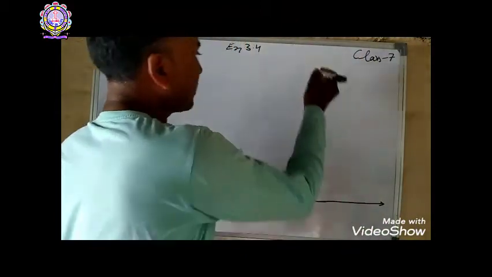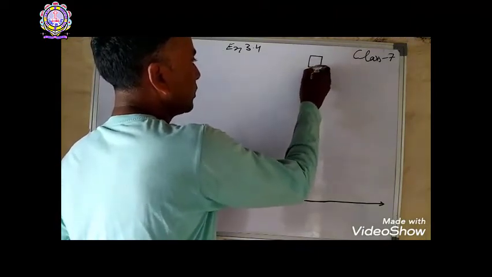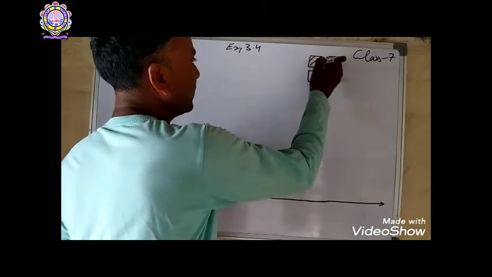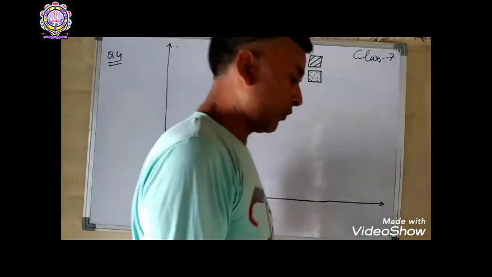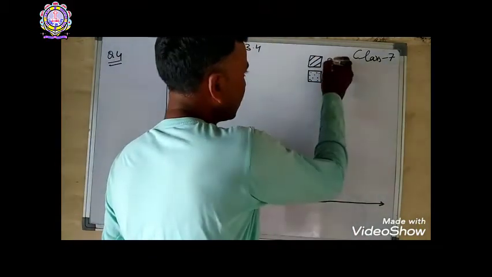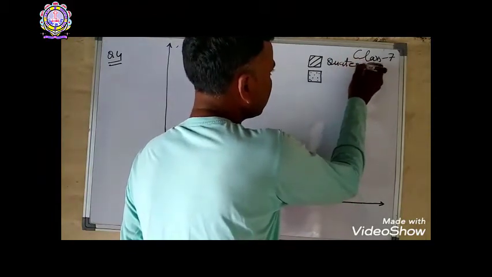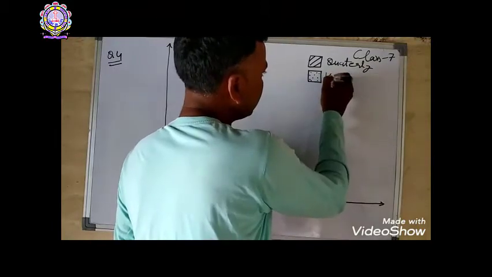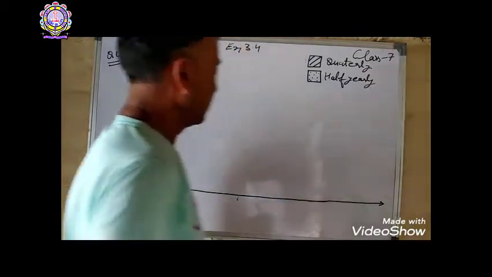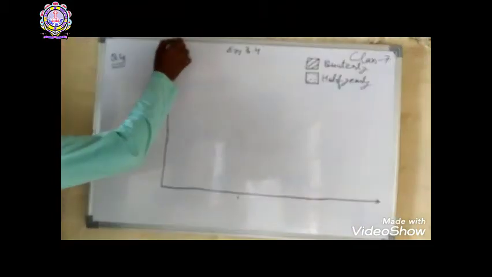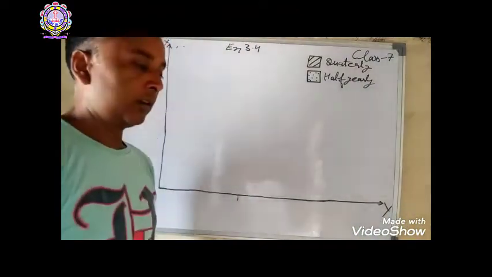So first we take the scale here. There are 2 types of scale. First we draw like this, and second we draw like this with the dotted line. So first is the quarterly, and second is half yearly. And the same as that is the x-axis, here O, here is the y-axis. And now